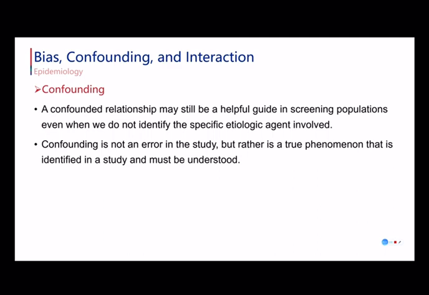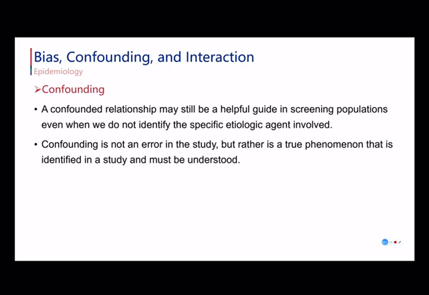Two final points on confounding. First, when we identify a confounder, we generally consider it a problem and want to find ways to address the issue of confounding. But sometimes finding a confounded relationship can also be very useful. For even if the apparent association between factor A, the factor in which we are primarily interested, and disease B